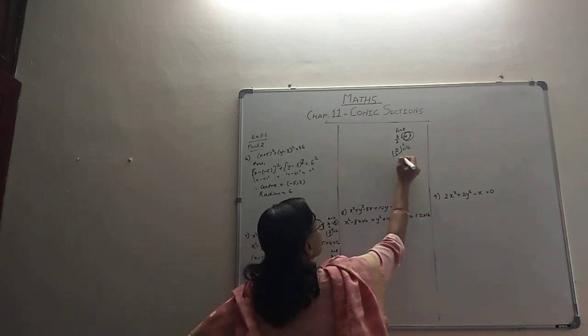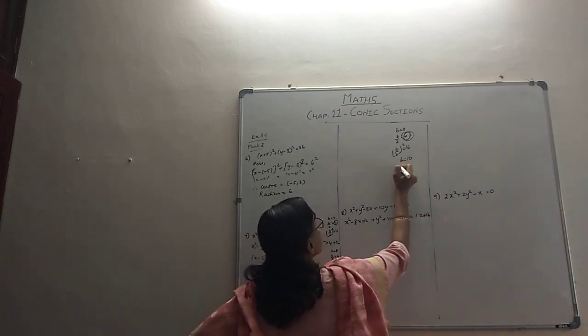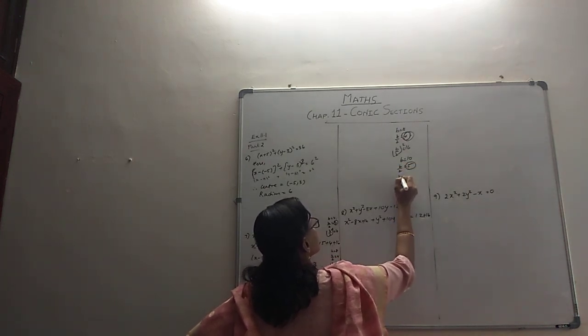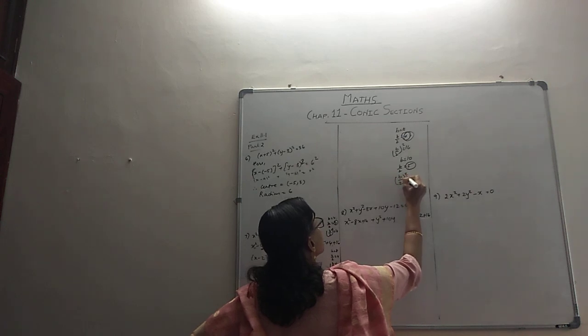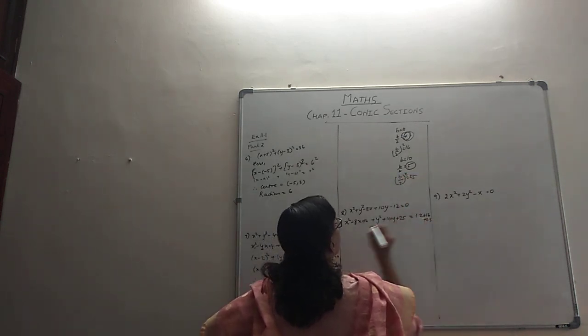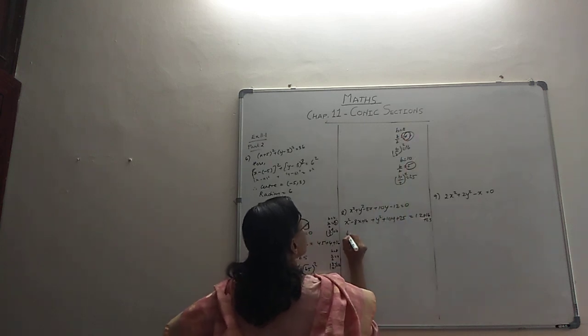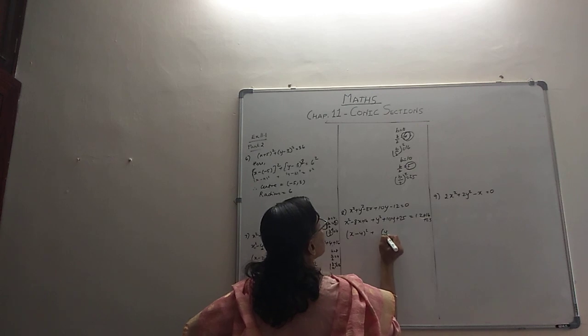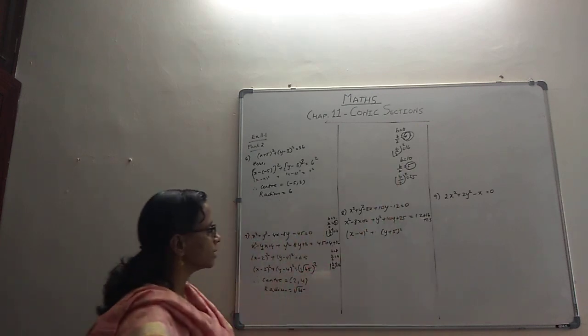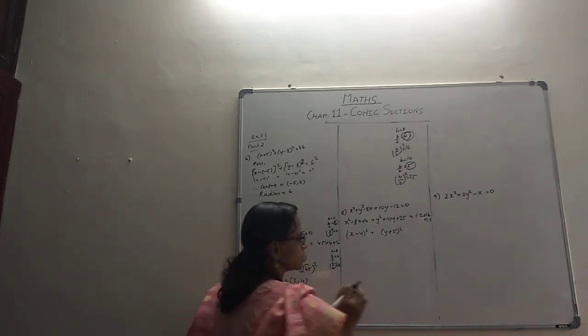Now again, b for us is 10. So b by 2 is 5, and b by 2 the whole squared is 25, so that we are adding to both sides. This we will catch hold of to get the square. Blindfolded, (x minus 4) the whole squared and (y plus 5) the whole squared. By looking at b by 2, you can do this. You will be able to get that if your calculations are correct.